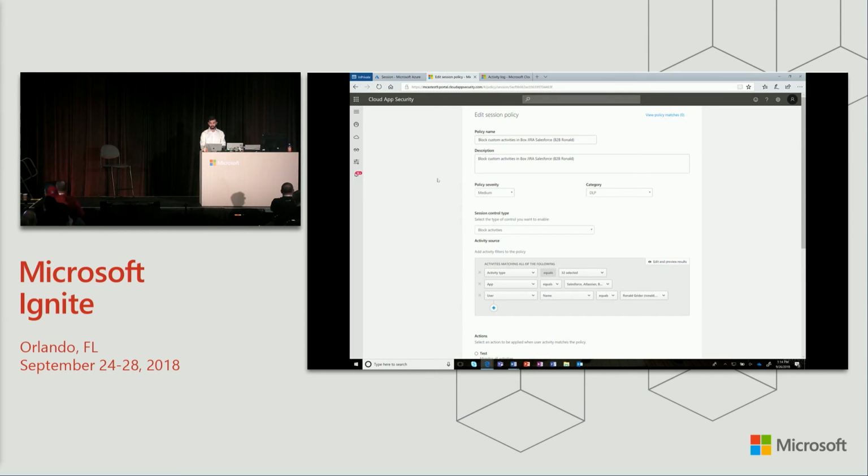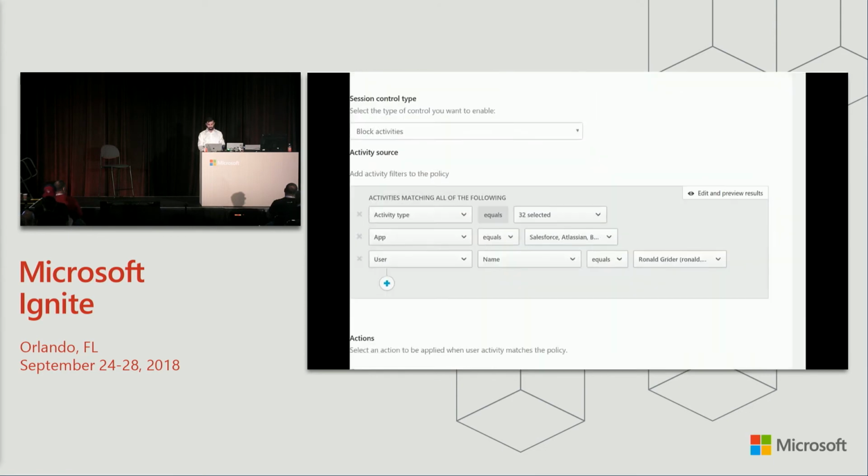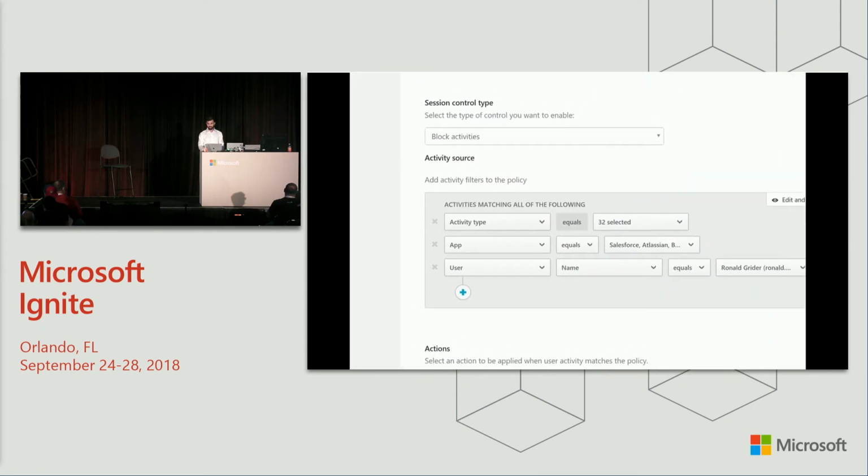So here's this policy. I know the text is small. I'll zoom in on the important features. But basically, this policy is called block custom activities in Box, Jira, and Salesforce. Those happen to be the third-party apps that Ronald's using in this environment. So in the activity section, you can specify activity type, the applications you're interested in applying these controls to, the